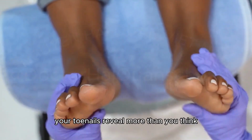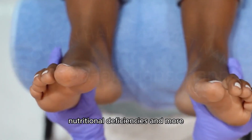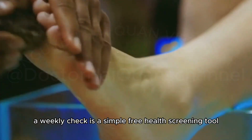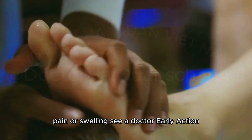Your toenails reveal more than you think. Fungal infections, circulation issues, nutritional deficiencies, and more. Don't panic, but do pay attention. A weekly check is a simple, free health screening tool. If you notice changes, color, shape, pain, or swelling, see a doctor. Early action